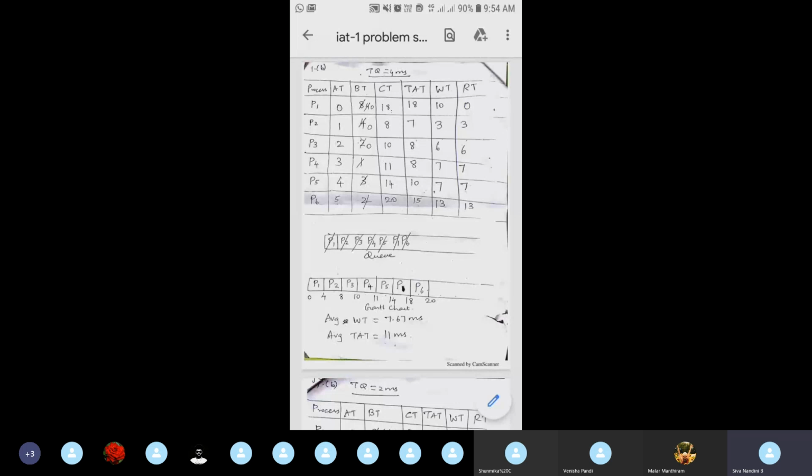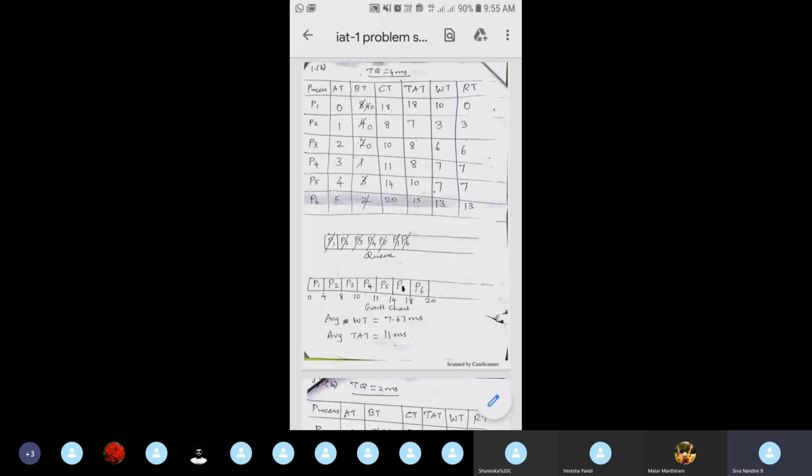That is at 4th millisecond. After this process P1 executing from 0 to 4 millisecond, we'll be having, at 4 millisecond, if you see, the newly arrived processes will be P2, P3, P4, P5, because this P5 is the process which has arrival time 4. So up to this the processes may arrive in the system. So in the queue after P1 you will be writing P2, P3, P4, P5.